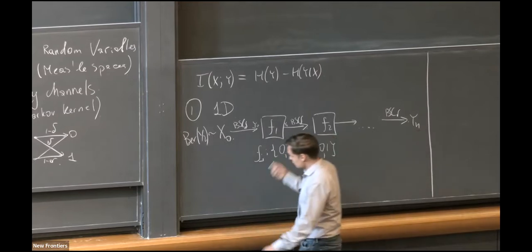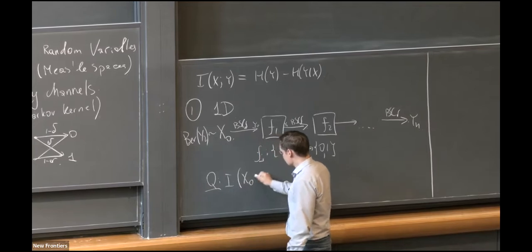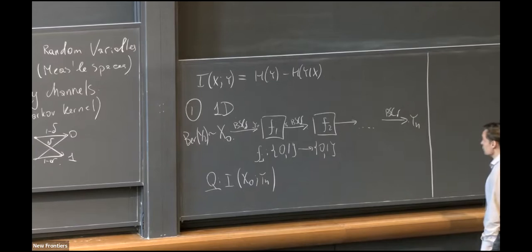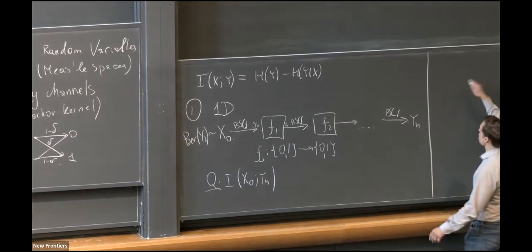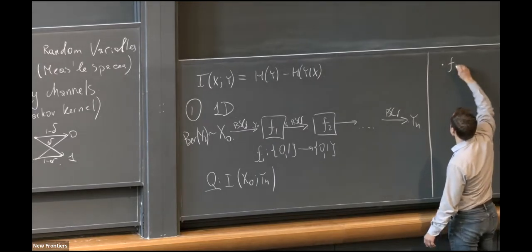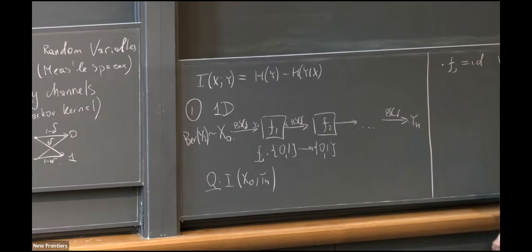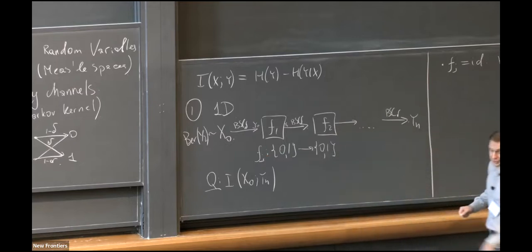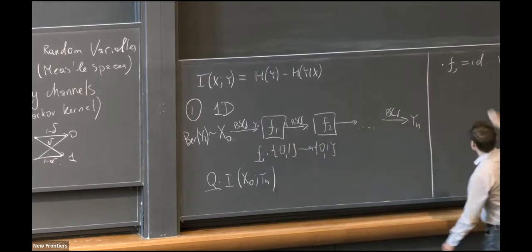So the question that we want to ask is: what happens to the mutual information between the first and the last bit? Let me first give you what I call the probability theory proof. Let's consider the special case when all the f_j are identities. Then you can quickly see that when you concatenate all these channels, the resulting transformation is